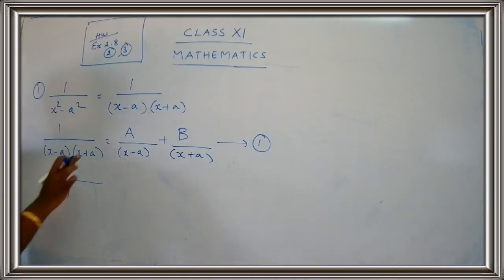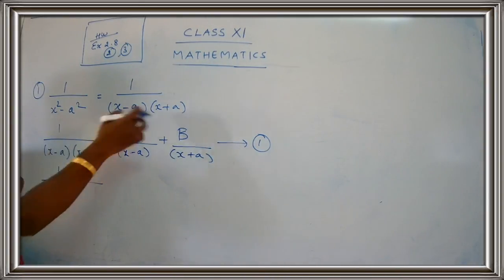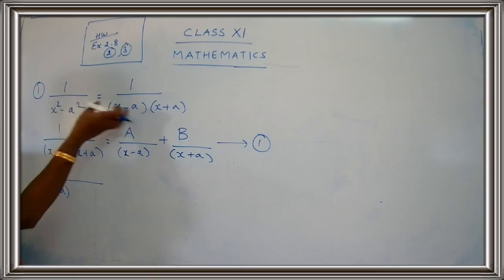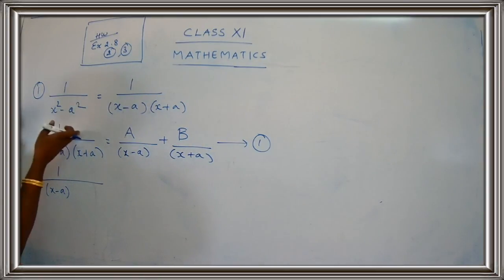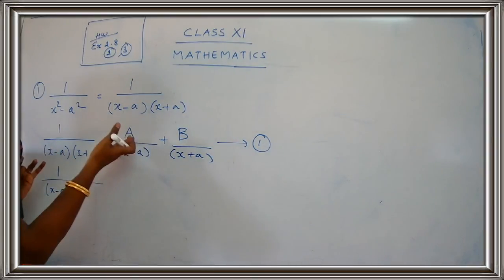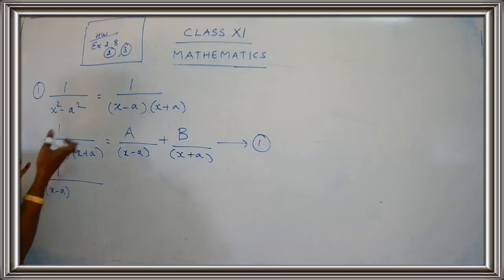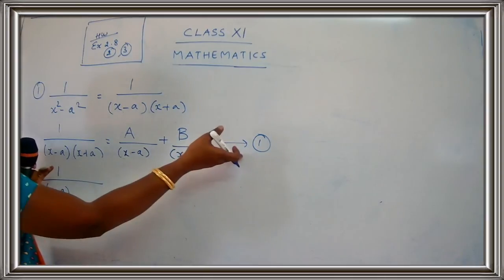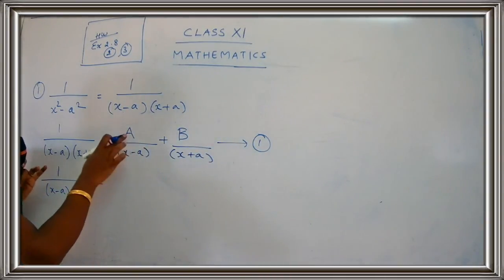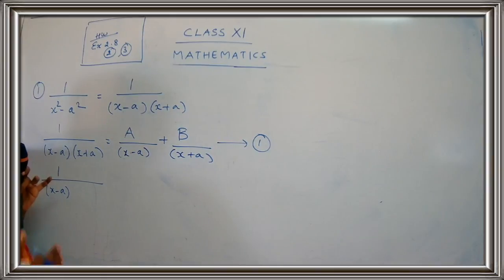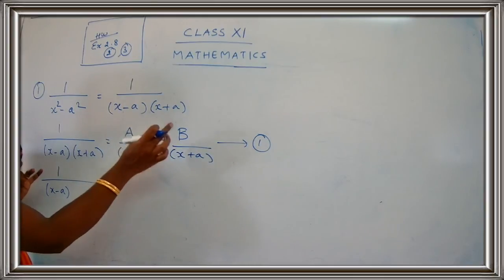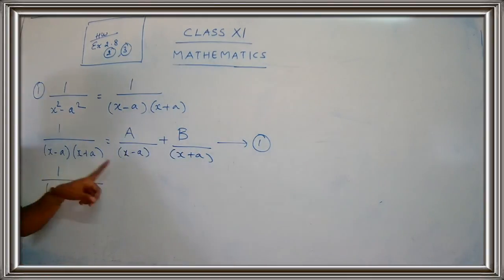What is the question? You have to resolve the expression into partial fractions. You have been given the expression. I have factorized it, and after factorizing it, I am going to break it into partial fractions. Your 2 factors were there, so I have used the unknown value A and the unknown value B. This is the actual step that you have to get. Now only one thing is left: you are going to find the value for A and substitute here, and find the value for B and substitute here. Is the step clear, children?